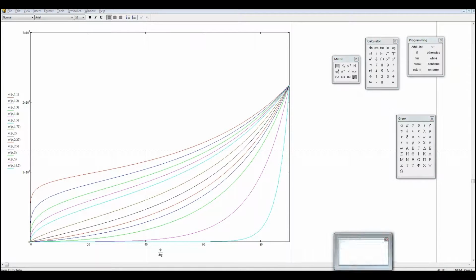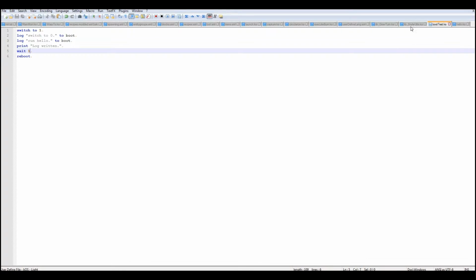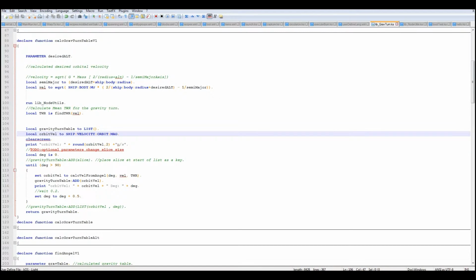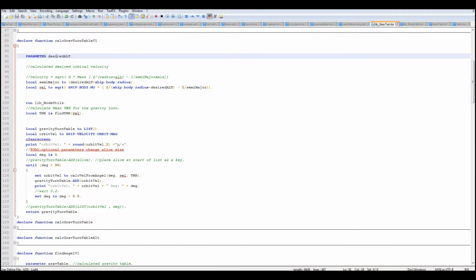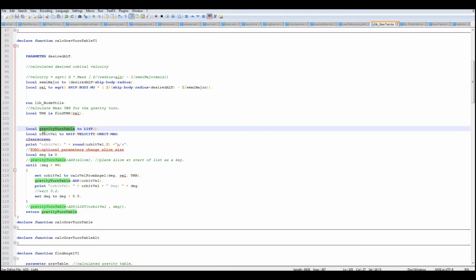Now let's look at the script for that. We had a gravity turn script, which I've tried a whole bunch of different equations, and this is the one that kind of worked best. So the parameter is our desired altitude, that's the desired orbital altitude. Then we calculate the speed we need to be going for that orbital altitude. Then we calculate our thrust to weight, which is calculated from the node utilities, which you've already seen. Then we set up a list, a gravity turn table, the equation,